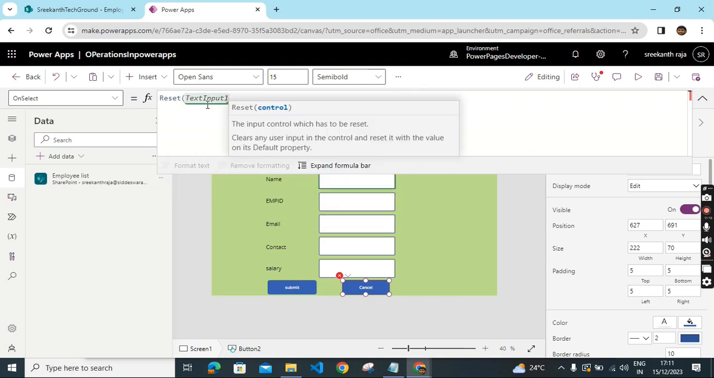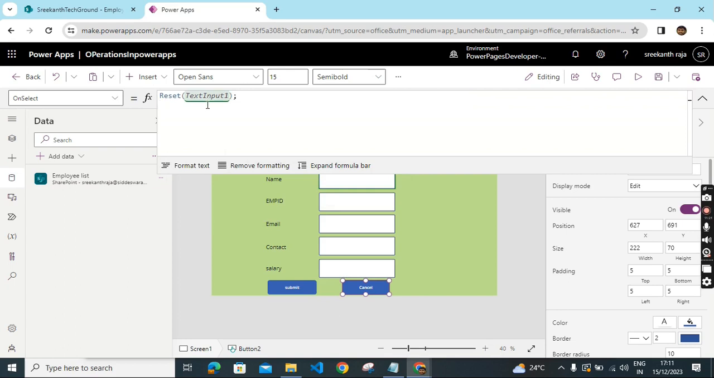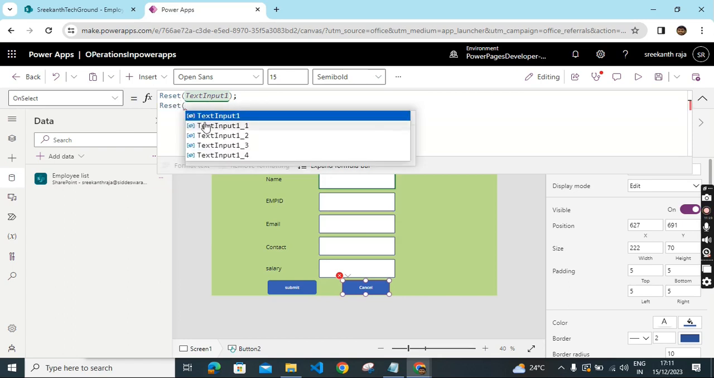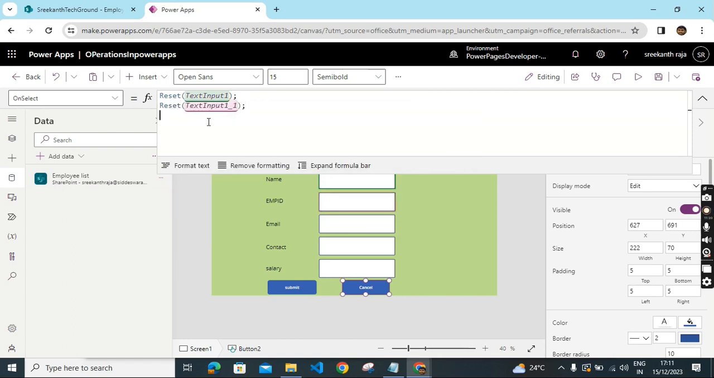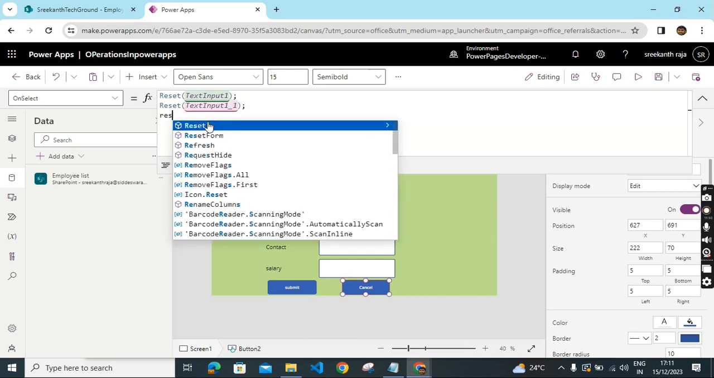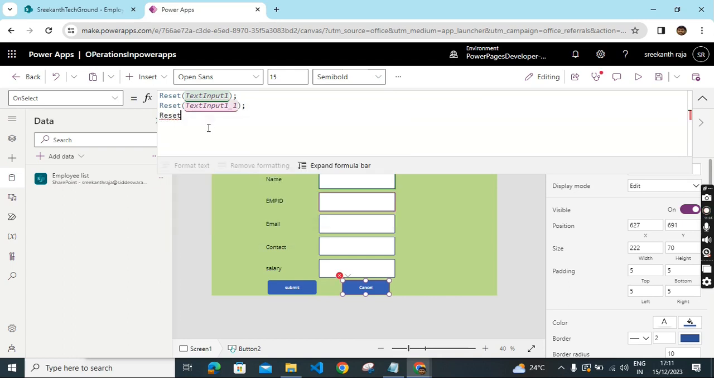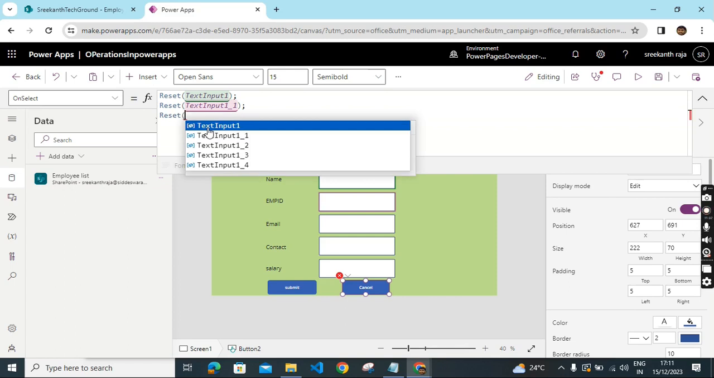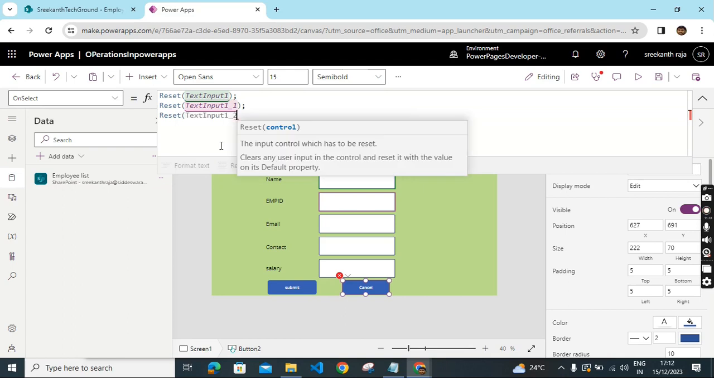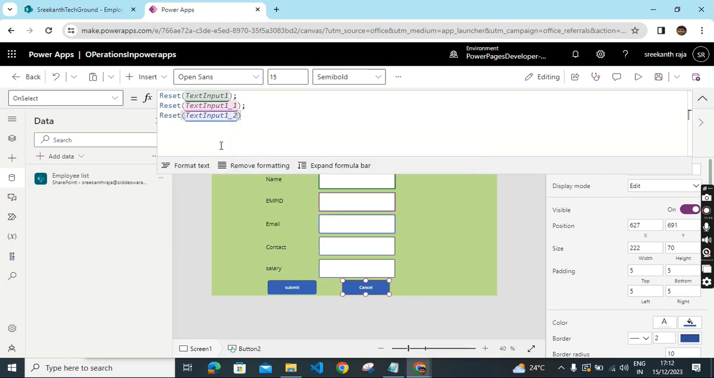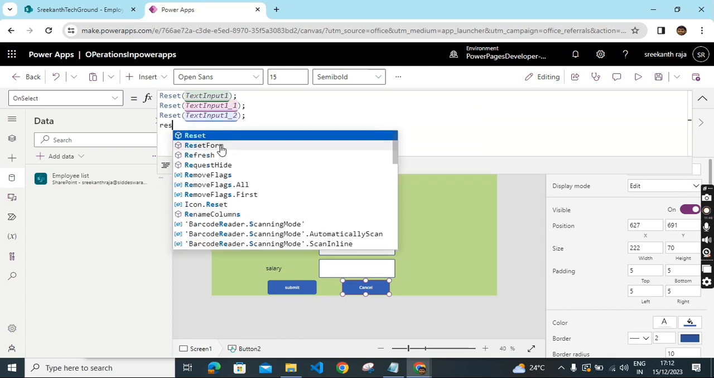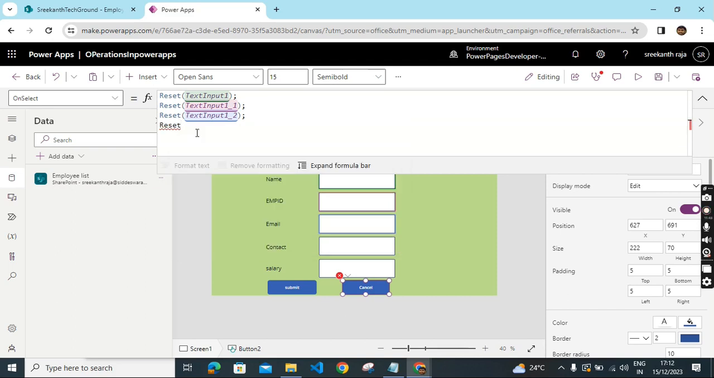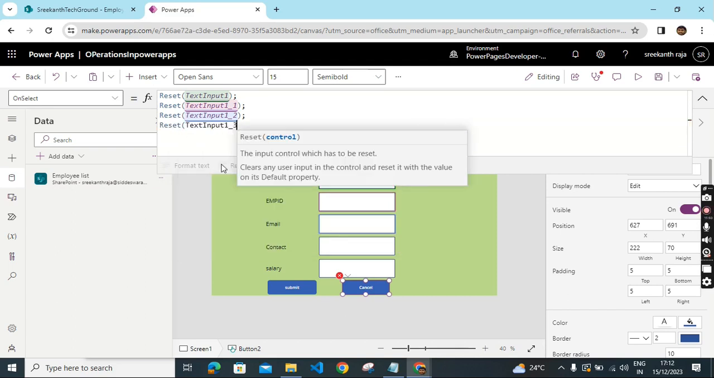input 1. Okay, same like do all input controls. Okay, second one like this. We have to reset all input controls in cancel button. We have to write on only on select property. Okay, reset text input 3